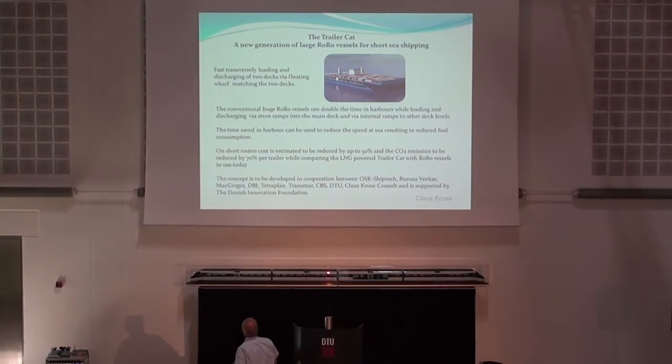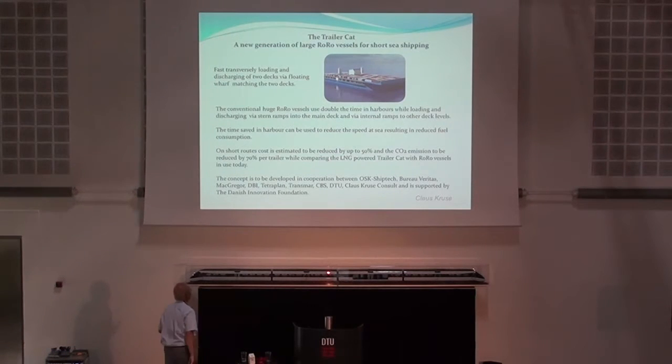The Trailer Cat is a new generation of a large ro-ro vessel for short sea shipping. If you want to decrease the cost for ro-ro traffic significantly, you have to have bigger units, bigger ferries. And the problem with the traditional ro-ro design is that it is very time-consuming to turn them around in harbor for short routes, and it, of course, influences the cost dramatically. Therefore, we have tried to find another solution, and an answer to this problem is this Trailer Cat design, which